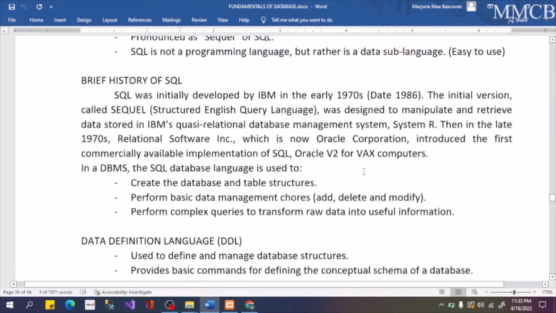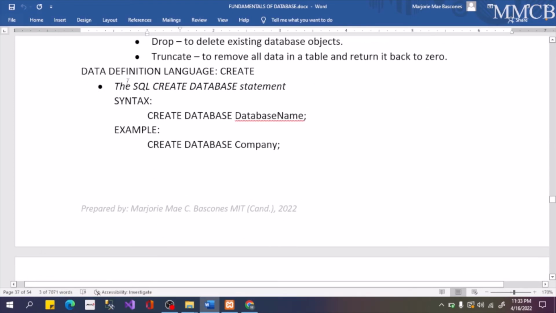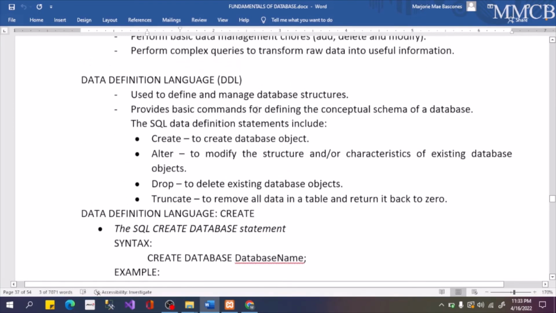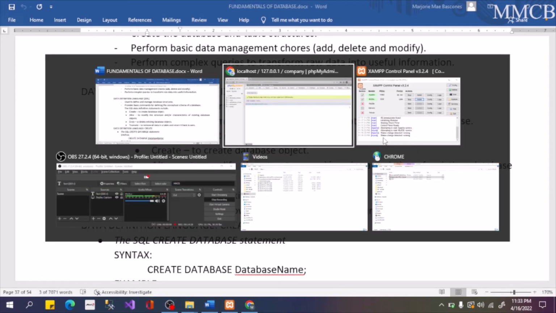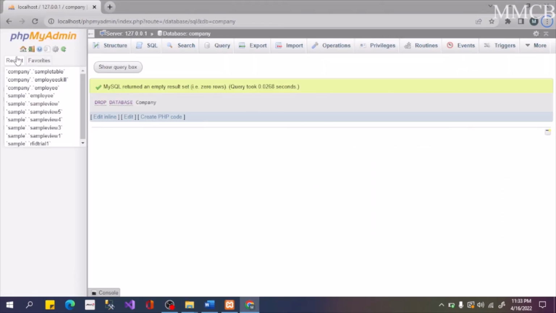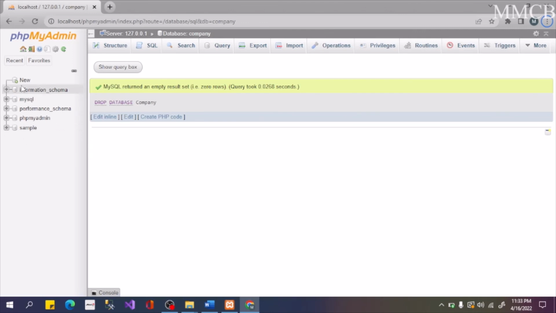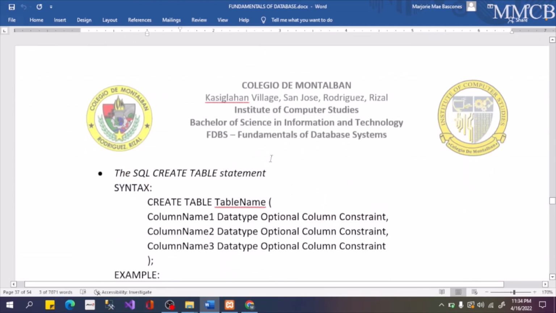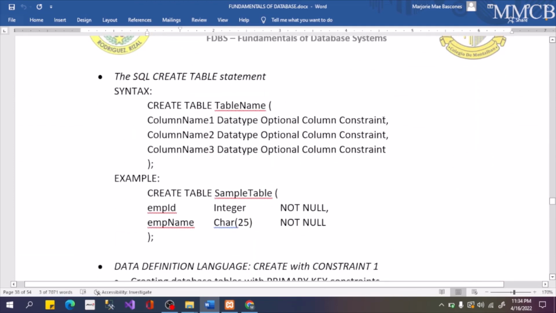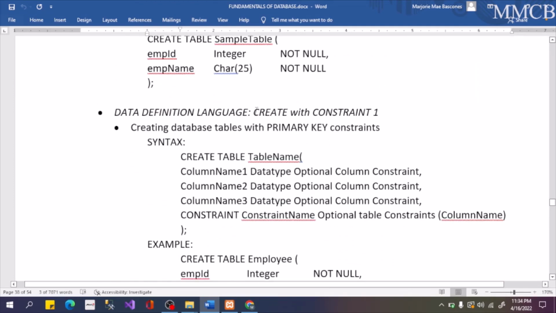Now, after performing these create, alter, and drop statements, I'm going to teach you in the next lesson how to operate the buttons in here, the other functions of that menu. Okay, for now, you learn how to create a database and create a table, and then create a table with